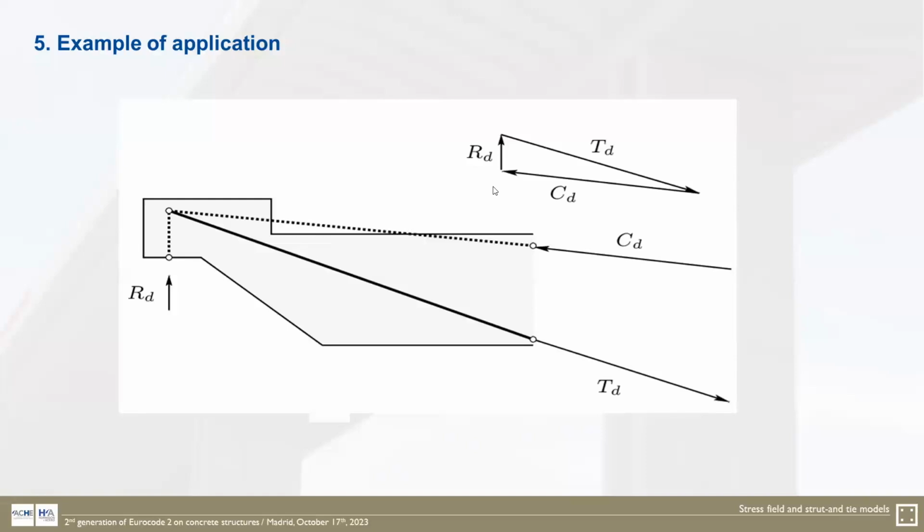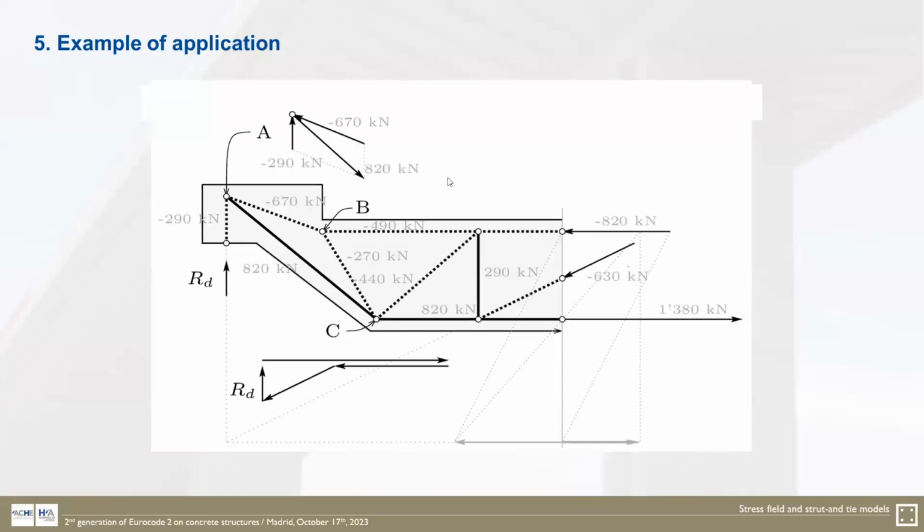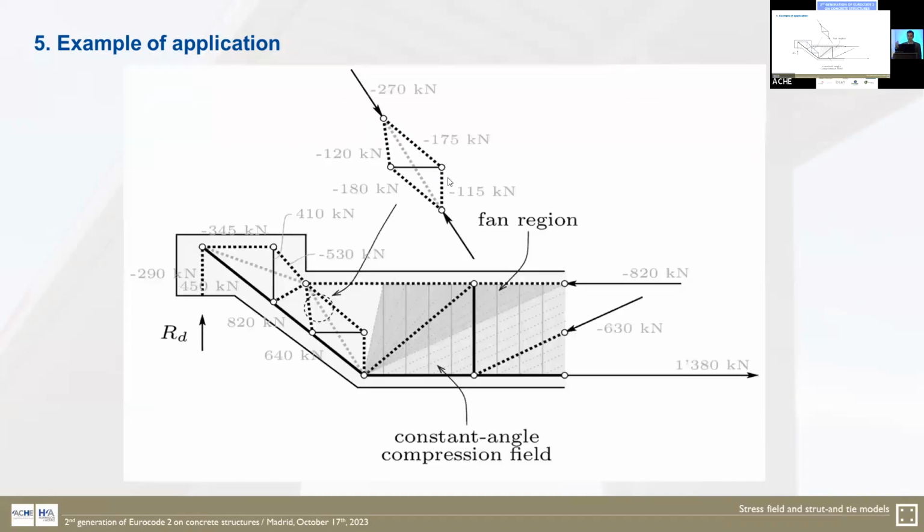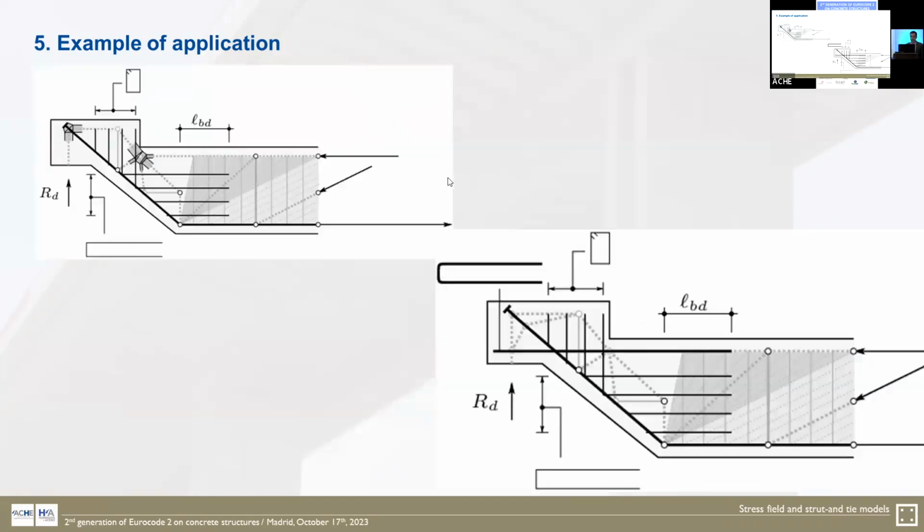And when we have compression or tension going outside of the element, we may deviate it so that it enters inside. Then we investigate the critical regions where we have angles that might not be allowed. On that basis, we refine again, and we introduce some additional reinforcement to have suitable angles. And eventually, on that basis, we decide on the detailing that you may see here. This is a strut and tie model, and from time to time it is interesting to check that we have sufficient space to locally verify